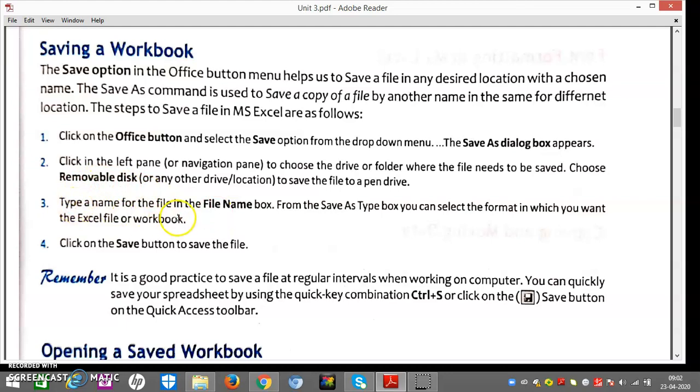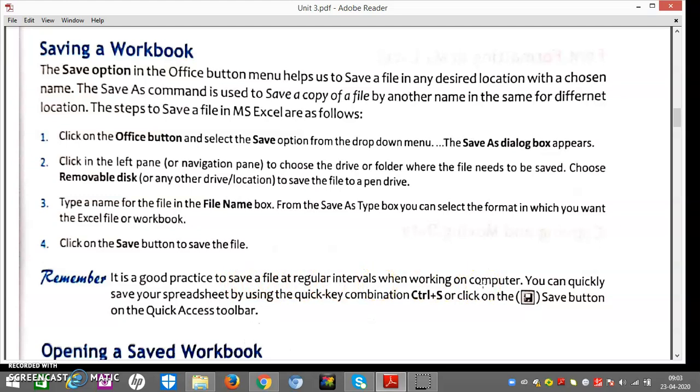Now type a name in the file name box. For example, if I want to save it as computer, then we can save it as computer. Click on the Save button. Now friends, it is a machine and any kind of error can happen anytime. So I prefer that it is a good practice to save a file at regular intervals when working on computers.